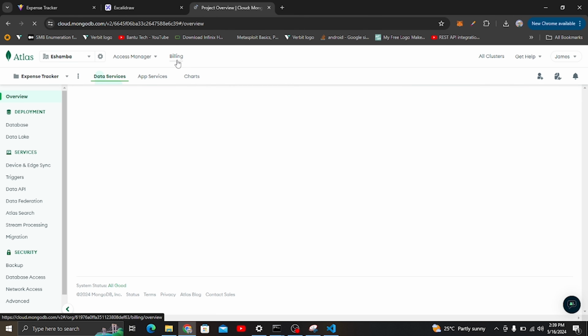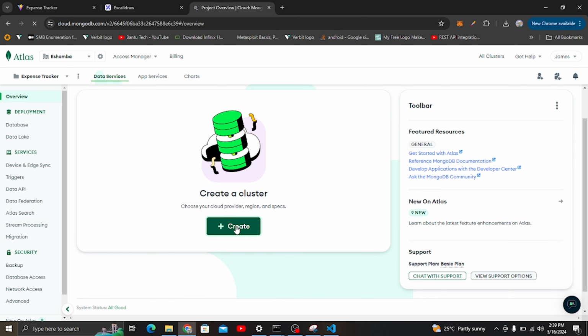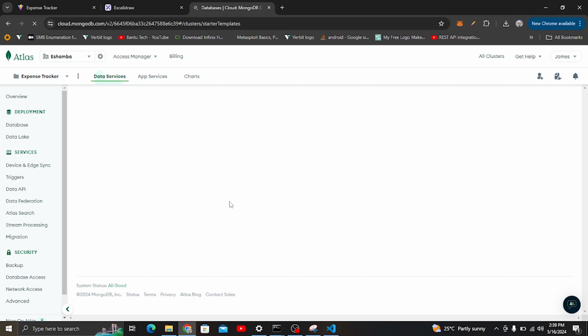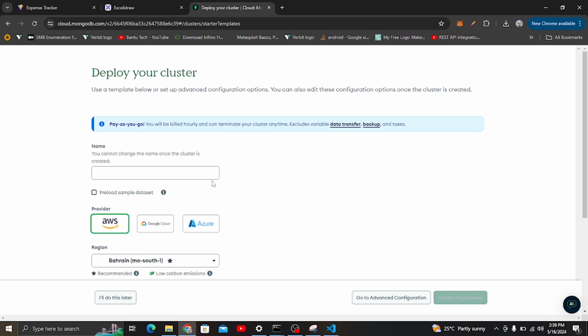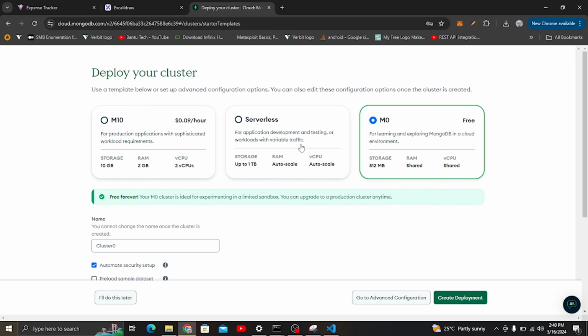Let's see. It's taking time, so we are going to give it time. The other thing that we are going to create is something that we call deployment, or maybe cluster. So let's first of all create a cluster here. You can see the whole process here as I am building it. We can go through it together, and then you do it for yourself later, or you can go process by process, and you'll be able to see how to create the MongoDB